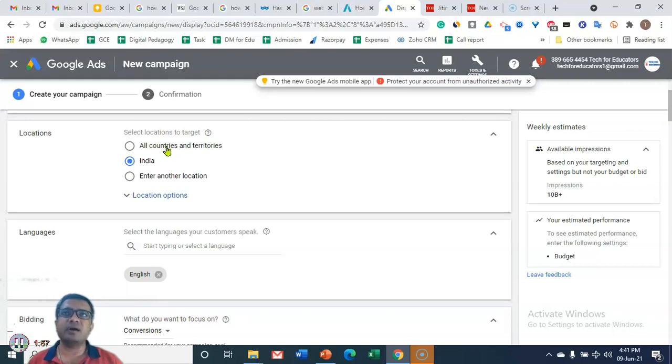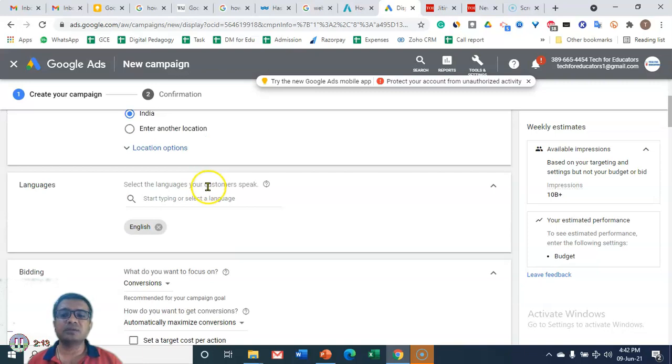It can be India, it can be the US, it can be your city, or an area within the city. We have excellent targeting options, and some of these we have already seen in Google search. Similarly, we can also use languages. Select the languages that your customers speak. Many times if your customers are Hindi speaking, Marathi speaking, or Telugu speaking, then you can select the appropriate languages. So these are the two basic targeting options available to us.